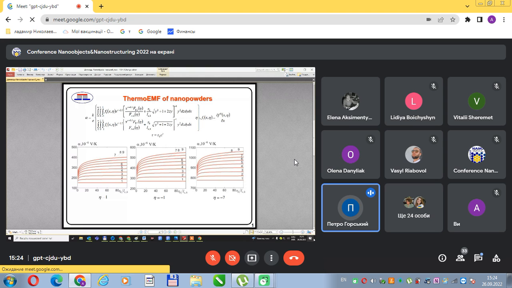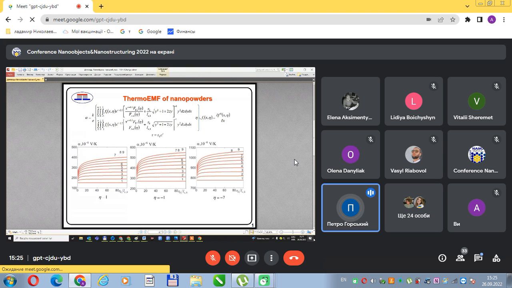Якщо показник розсіювання мінус 0,5, що найчастіше зустрічається у напівпровідниках, то все добре. Тобто існує такий розмір частинки, за якого ця добротність найбільша. А от при більших показниках розсіювання ми ще це не досліджували, і в літературі я також не зустрічав дослідження